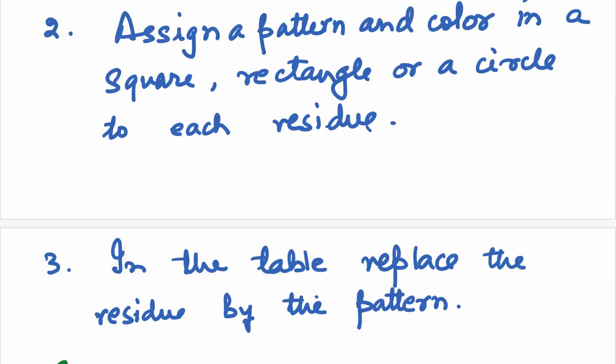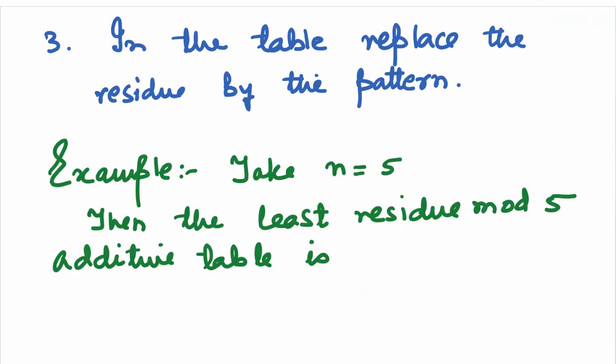Then we assign a pattern and color in a square or a rectangle or a circle to each residue. If we replace the residues in the table by these patterns, you will get a lovely quilted design. For example, if I take n to be 5, then the least residue mod n additive table will be as